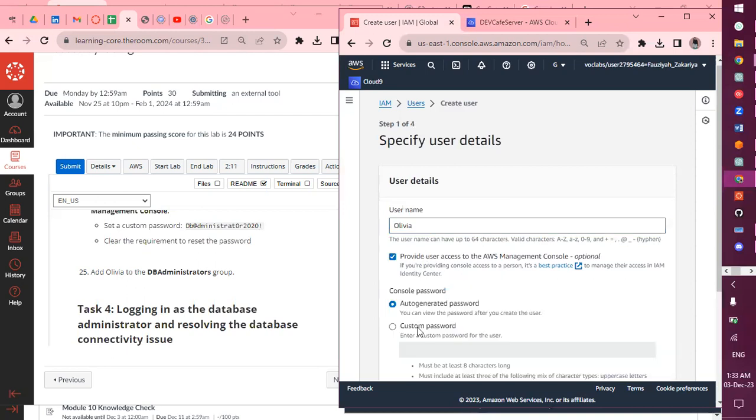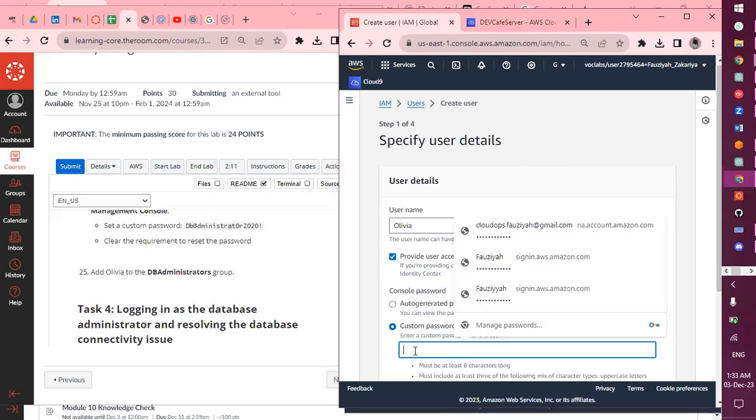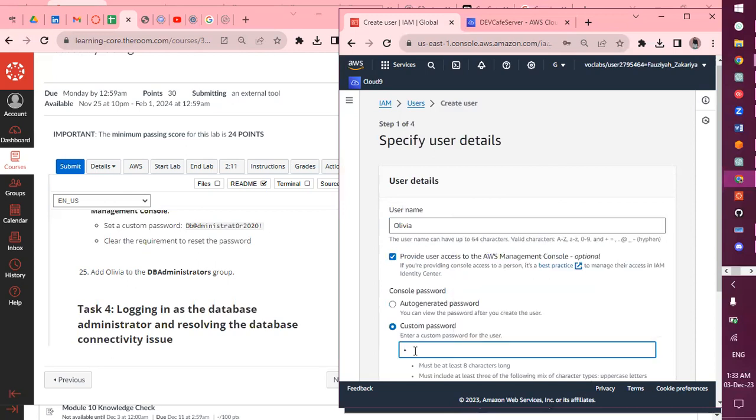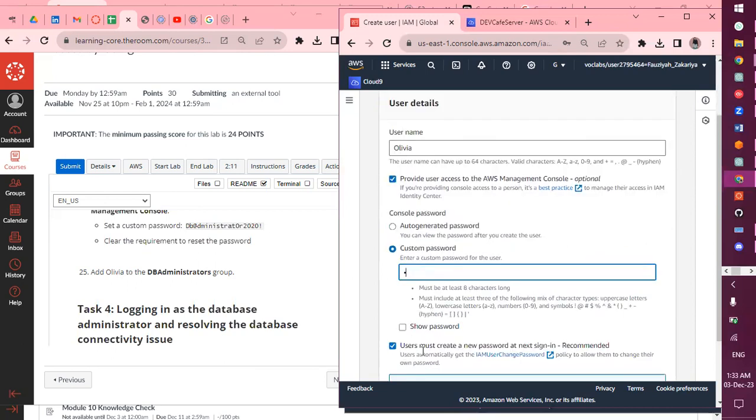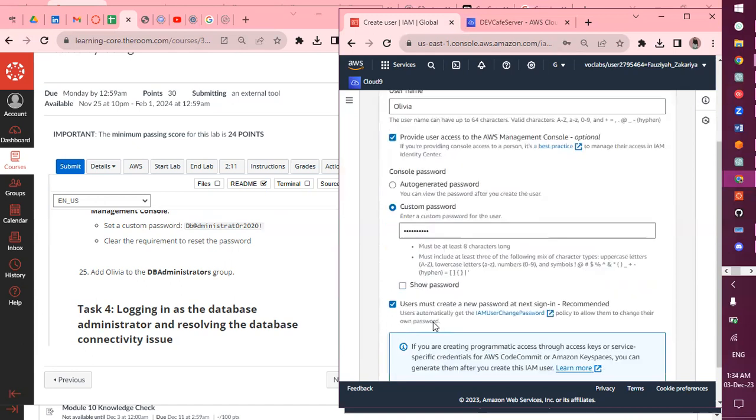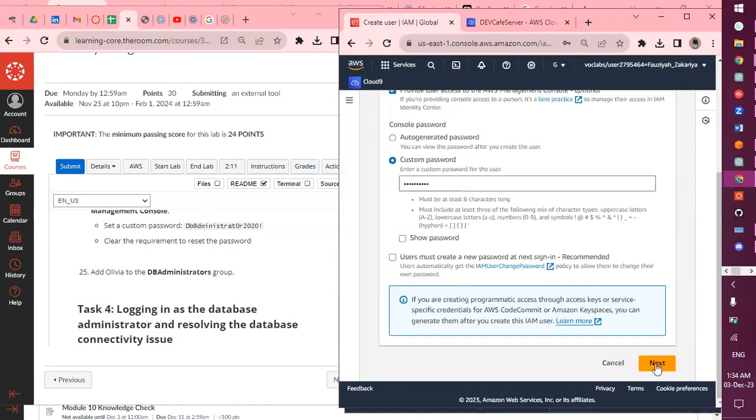Remember, provide access, custom password. I'll just use the same password. Then show password just to be sure. And then that is it. Remember to uncheck this box. Then next,